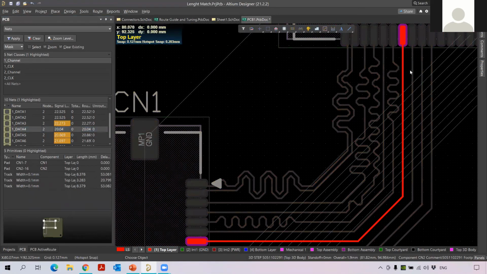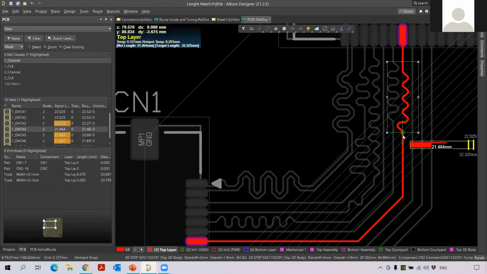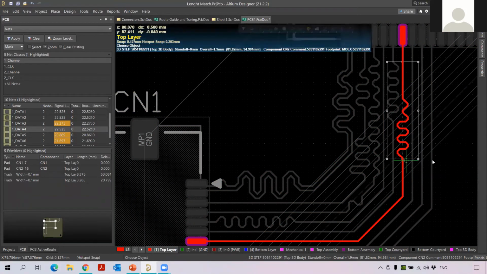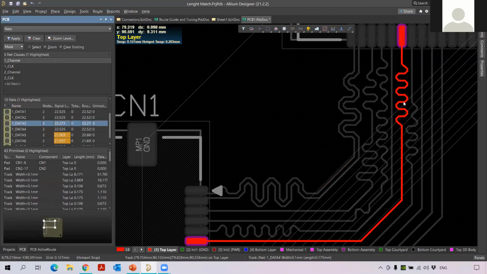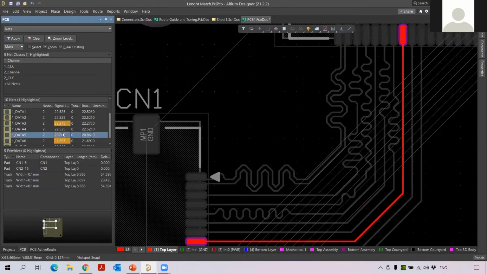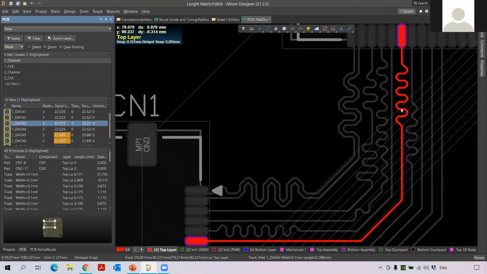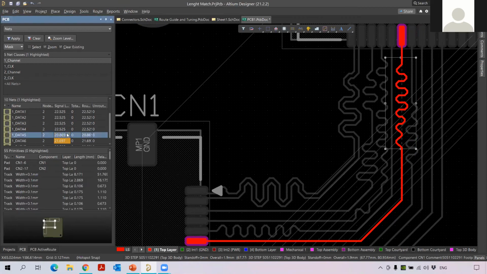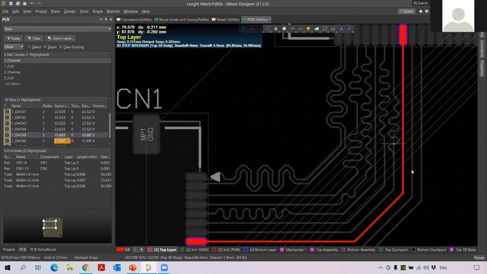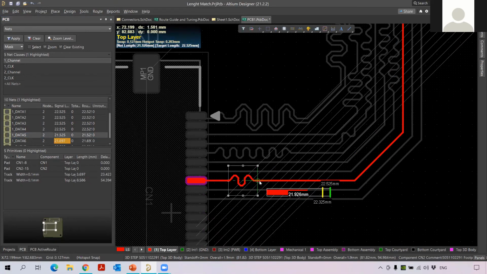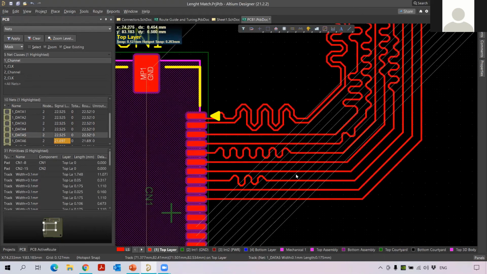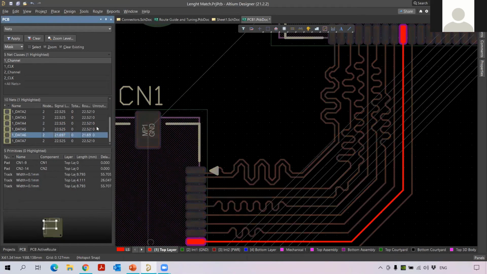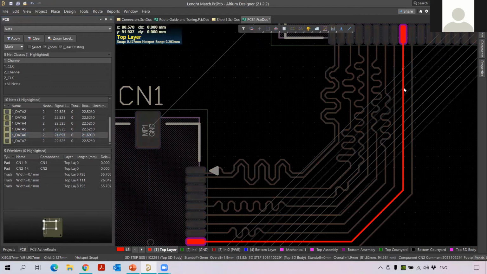So I just go here. Okay, so we can do this. Then I go for this net. Okay, I solve this. Then in a similar way, you can go for the other nets, either from here or the other side. You can see the distance increases, the tuning level also reduces. Okay, so I just do this.